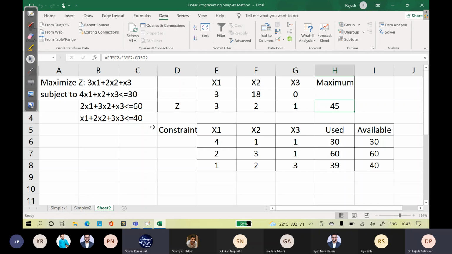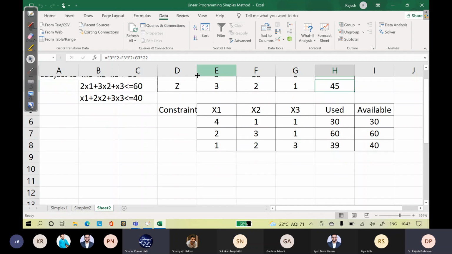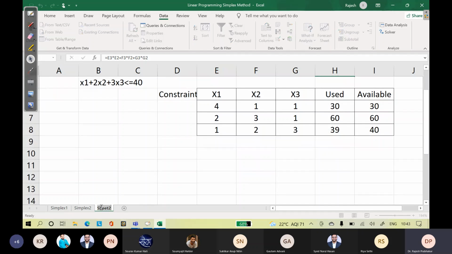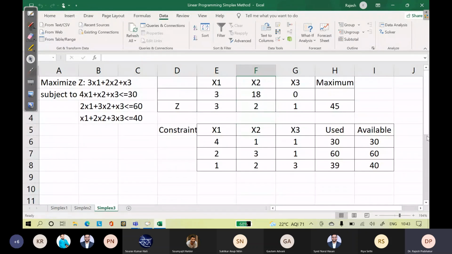Sir, in what kind of problems do we use simplex method? See, in all the operations consulting, in big consulting firms, they use this only. So, take for example, if a firm is trying to increase its profitability, they have to decide how many units of how many models they have to produce, right?